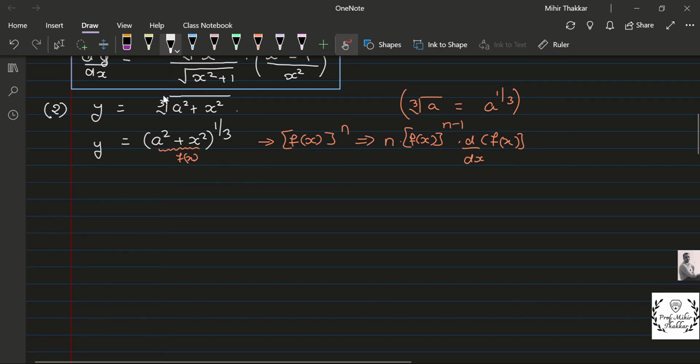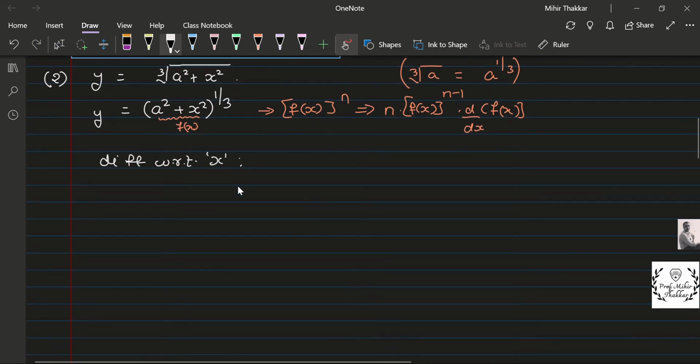So in that particular case, I have to say differentiating with respect to x. So you know the derivative of y is dy by dx. So I write over here dy by dx: n into f(x) to the power n minus 1. n over there is 1 by 3. So I get 1 by 3 into f(x), which is a square plus x square, to the power 1 by 3 minus 1